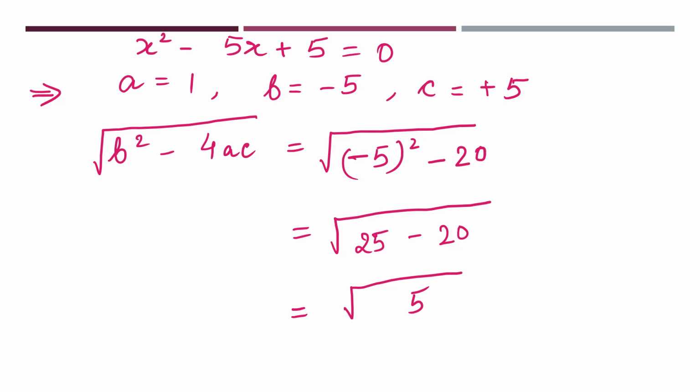And then taking roots of b square minus 4ac we will take. Then we find that under root of b square minus 4ac is equal to minus 5 square minus 20, is equal to 25 minus 20, is equal to plus minus root 5. Okay,